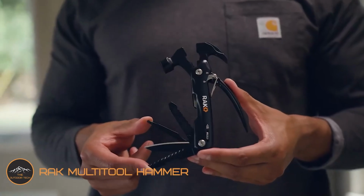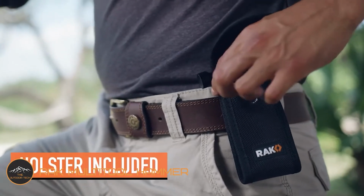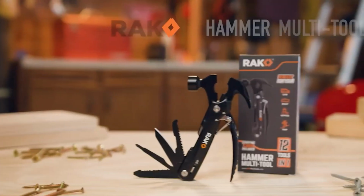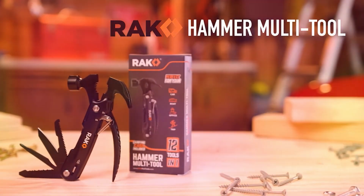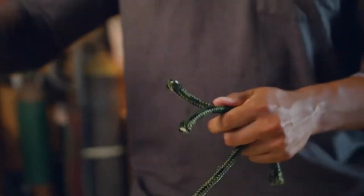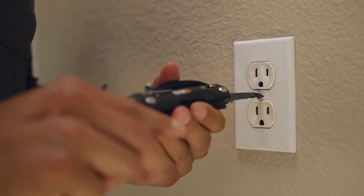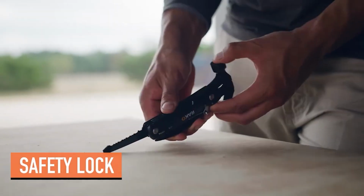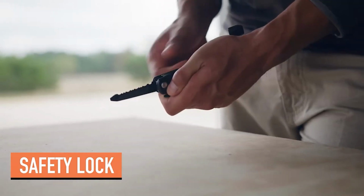Rak Multitool Hammer. When you need a multi-tool that combines the power of a hammer with the versatility of various other tools, the Rak Multitool Hammer is an exceptional option. As the name suggests, this tool has a built-in hammer, making it great for tasks that require pounding, such as driving nails or breaking apart debris. In addition to the hammer, it also includes several other handy features like screwdrivers, pliers, wire cutters, and even a